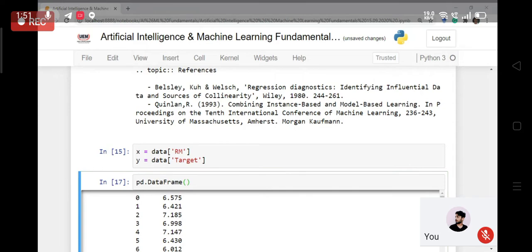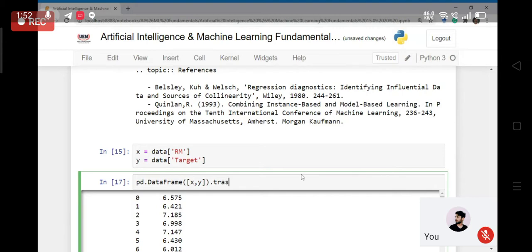I would like to have two columns in my data frame. One is X, another one is Y. Now in a data frame, what happens when you try to insert a value? Usually they are inserted row wise. But here I want to insert column wise, so I would like to transpose it.